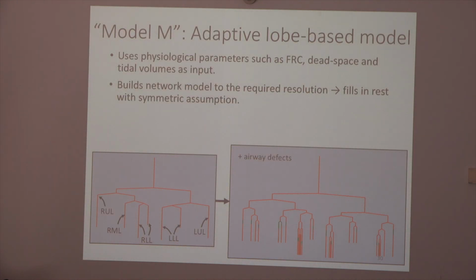same in every direction. So this is an example model. You have some asymmetry in the top few airways. This is a schematic diagram of the airways, and then at some point we just cut off and replace with these symmetric single edges that represent the rest of the tree. And if we want to simulate constrictions, then we have to maybe go down to a bit more detail and cut off later on, because if one airway is severely constricted, then you don't want to average over that. So this was the